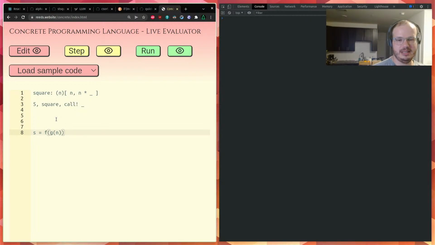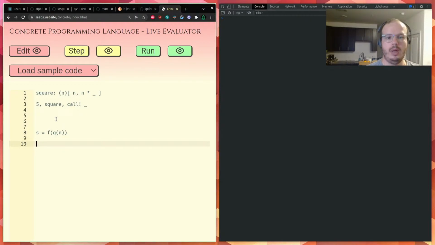Is this composition? I think so. Jeez, it's late. So how would I split this up with variables? Let's say I do var s, then I want to split this up. Do var t equals g of n first. Then I could erase this and put t in here. That's a lot of editing.